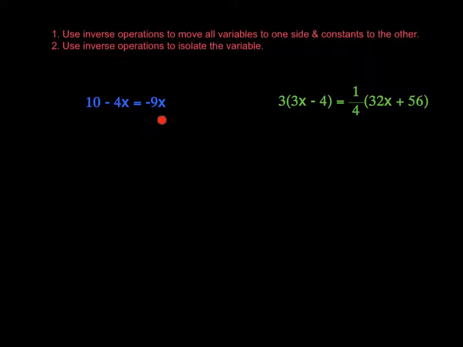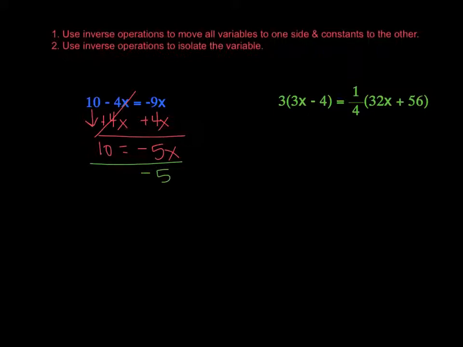Now in this first problem, we don't have to worry about that because I just need to get my variables over to one side. So I'm still using inverse operations. So the opposite of subtracting is to add. So I'm going to add 4x to both sides. So when I do that, negative 4x and positive 4x will cancel. You bring down your 10, and then negative 9x plus 4x is negative 5x. Now it's just a one-step equation like we worked on last week. So the opposite of multiplying by negative 5 is to divide both sides by negative 5. And when I do that, the negative 5 divided by negative 5 makes 1x, and 10 divided by negative 5